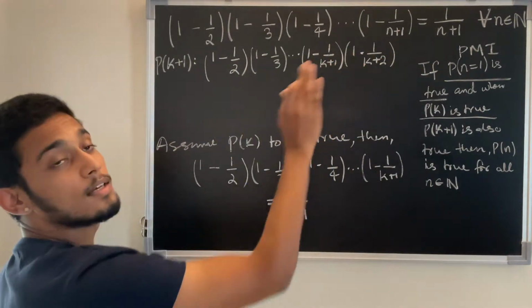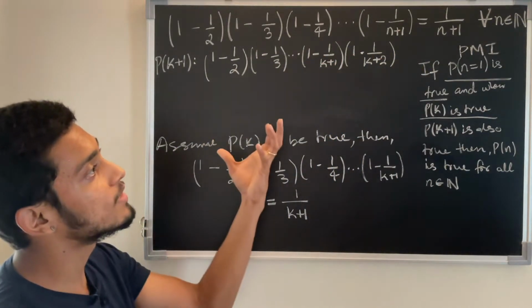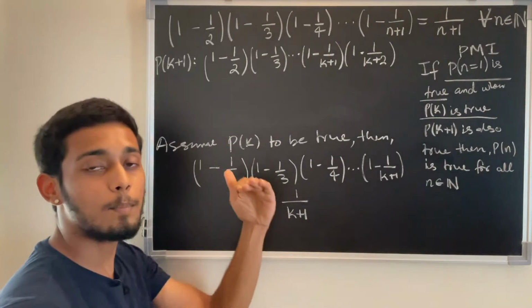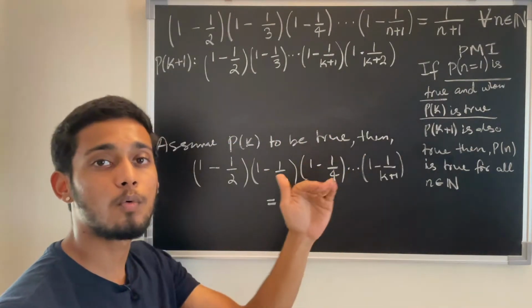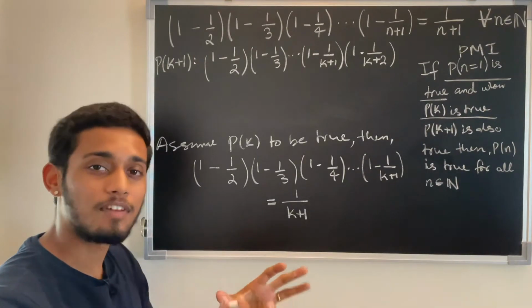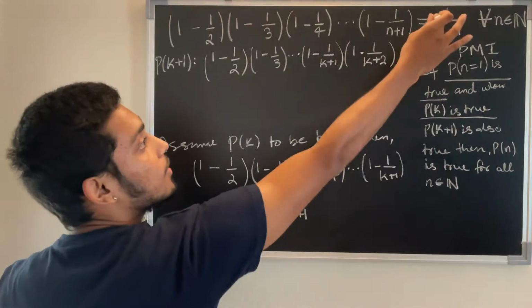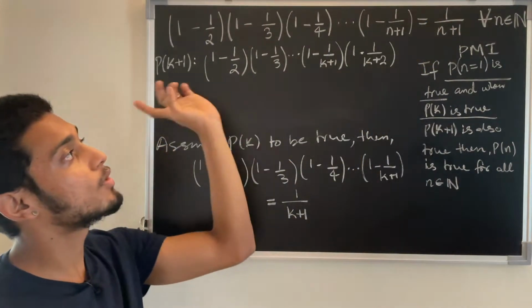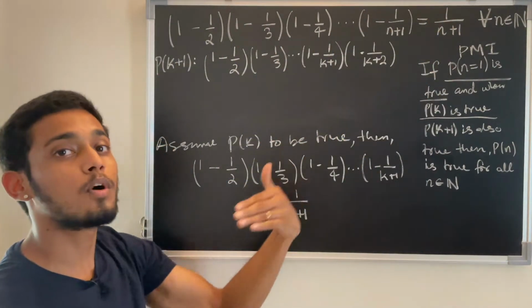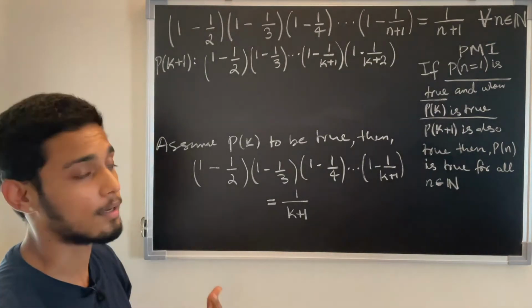So this is our left hand side. We have to prove that this is equal to 1 over k plus 1 plus 1, that is 1 over k plus 2. That is what our desired result is. Only then we can say that this statement is true. If you plug in the value of n equal to k plus 1 in this statement, this is what we need. Let us see if it is coming.